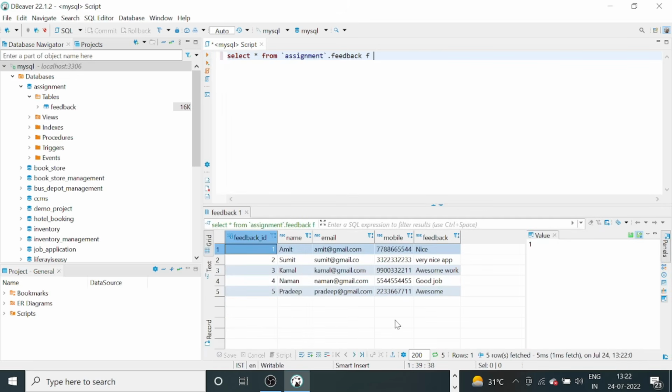So here you can see all the data of this feedback table is shown here below,